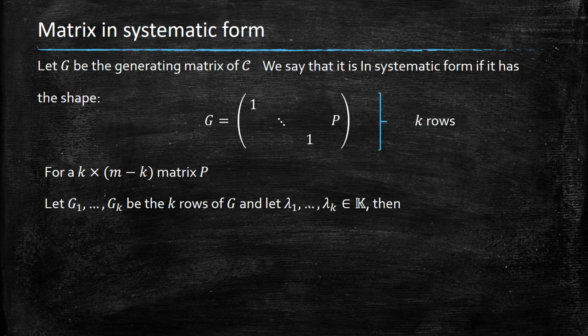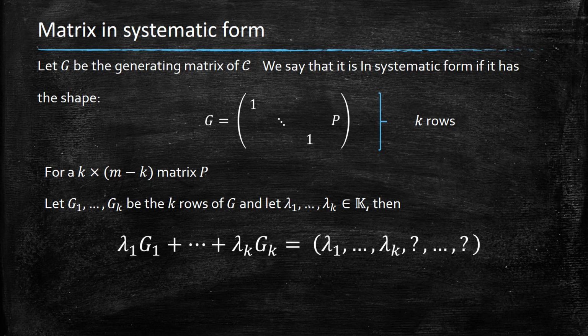Now it turns out that each code word has a particular form, which you can see. A code word is a linear combination of the rows g_i of the matrix G corresponding to coefficients lambda 1, ..., lambda k. Then you see that the first k coefficients of the code word are exactly the lambda i's, and we call these the information symbols,